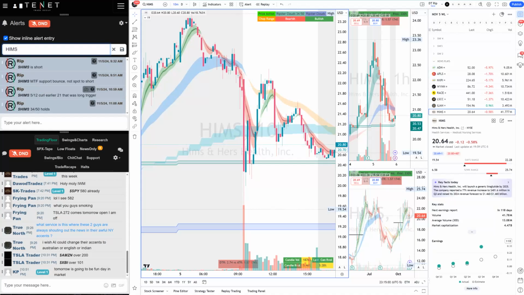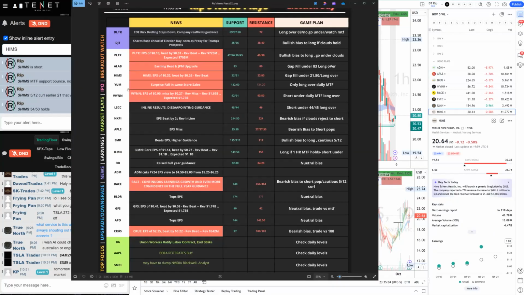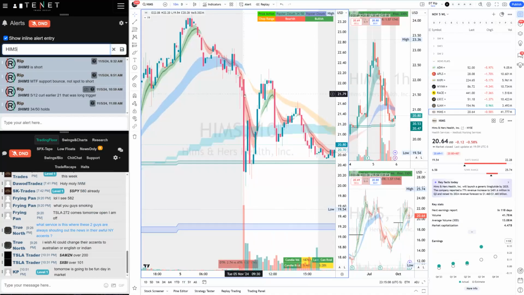HIMS, my pre-market guidance. Let's look here. HIMS gap fill under 2180, long over that. You see that 2180 break. You short it right away, and it fades to 1950. You lock some, and you wait for rejections. You can hit this rejection and again short here, it bounces, you close here, get out. So it didn't really work after the first amateur move, but you could do this HIMS long, this 512 curl, and a lot of traders did that, and that was a nice trade in the community. Let's go to the next one.